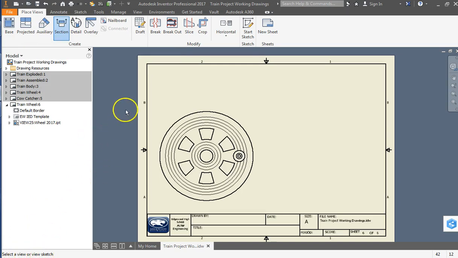So select the view that we're going to want to section. So it's this view right here. I click on it. And now it says enter the endpoints of the section line. I want to go right through the middle of the wheel. So I'm not clicking yet, I'm hovering. I'm kind of finding where the middle is, and I'm coming straight up, and usually Inventor will give you that dotted line. There you go,